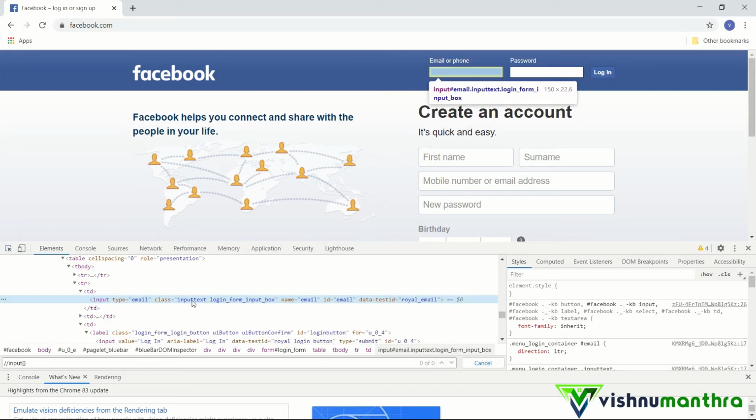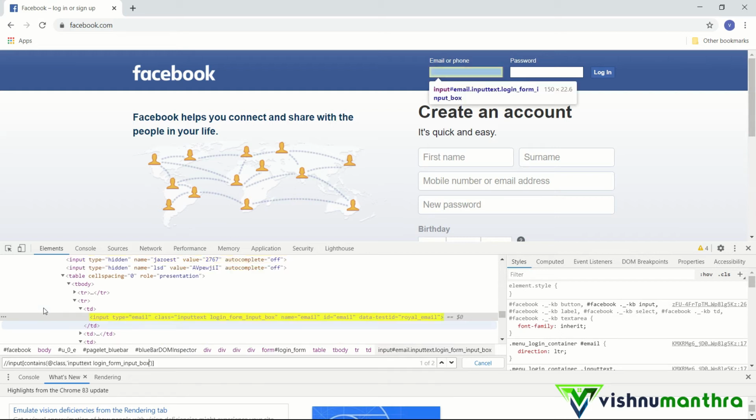We want to give only a part of this, so we will copy this and give contains, then in bracket we give our attribute name, so we put at, and our attribute name is class, then comma followed by our text. Here I have given it completely, but you can also give it partially. That way also it will work.